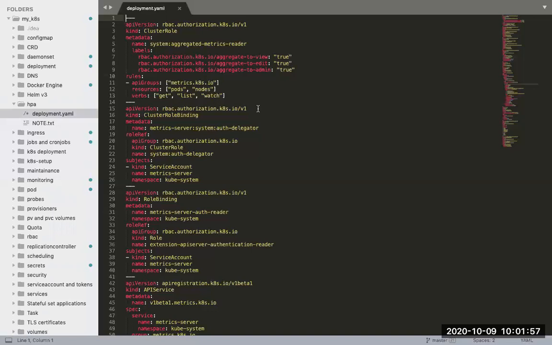Auto scaling is something where, based on CPU utilization, you will increase the number of replicas, and based on a lower CPU margin, you will decrease the number of replicas. So it depends upon the CPU utilization. Right now in Kubernetes, horizontal pod auto scaling was implemented only on CPU utilization. They have not implemented it on memory utilization or network IO throughputs. Okay, so that is a point which I have to be clear.